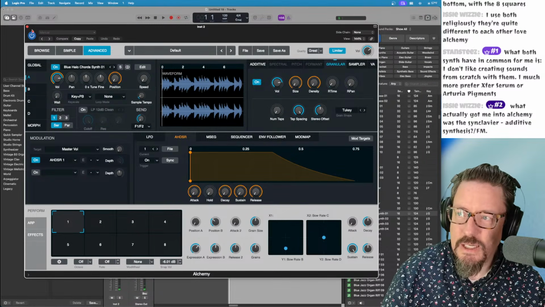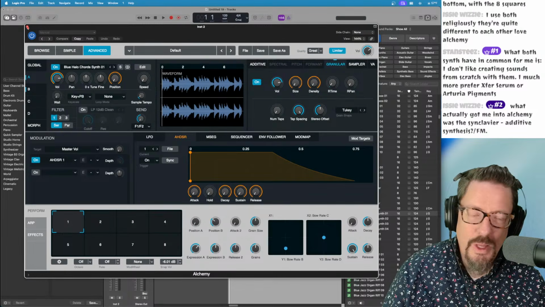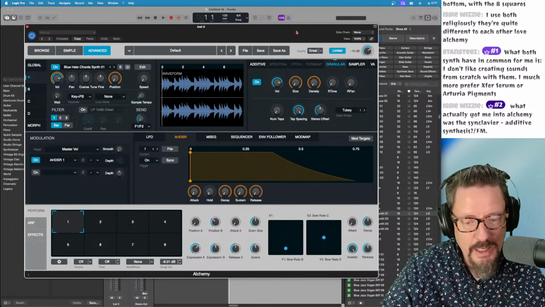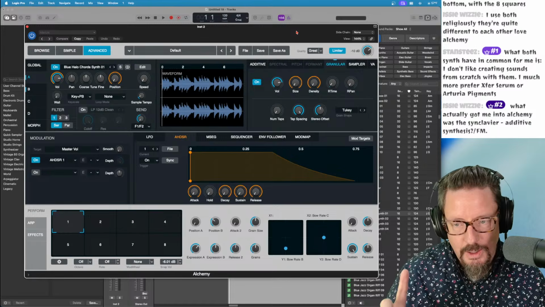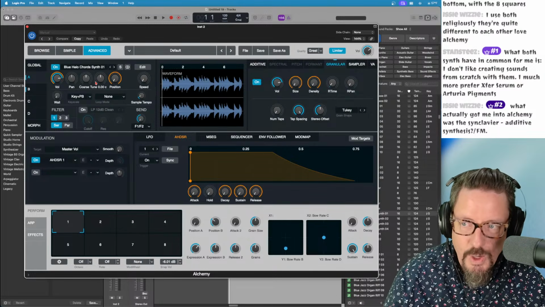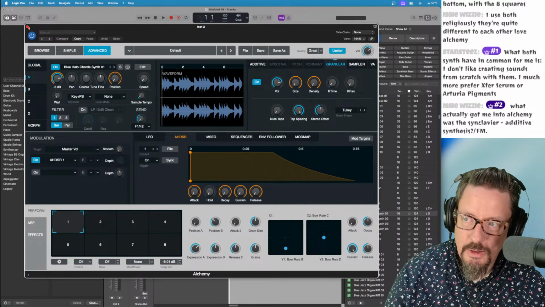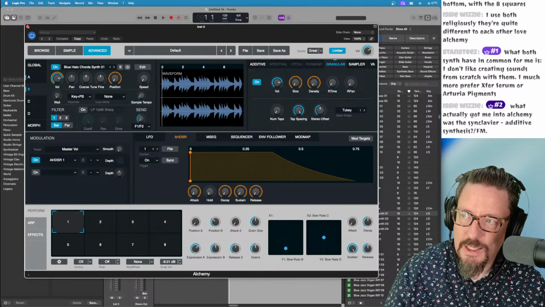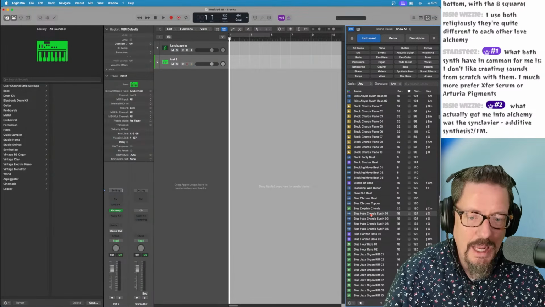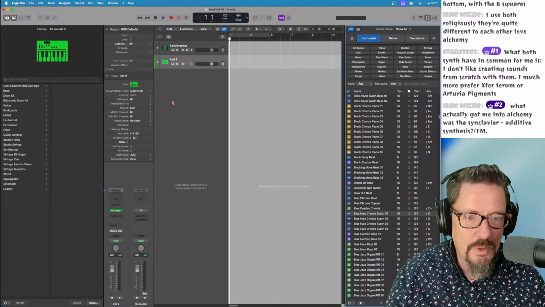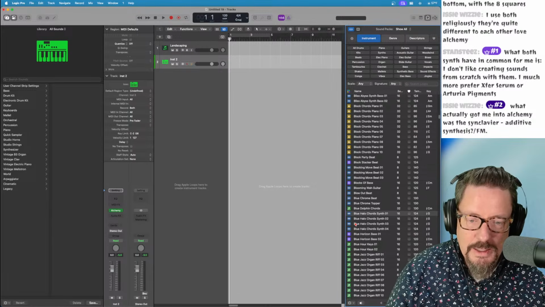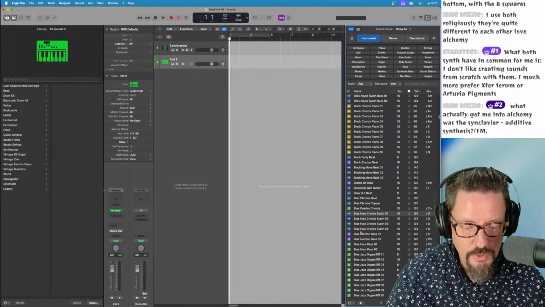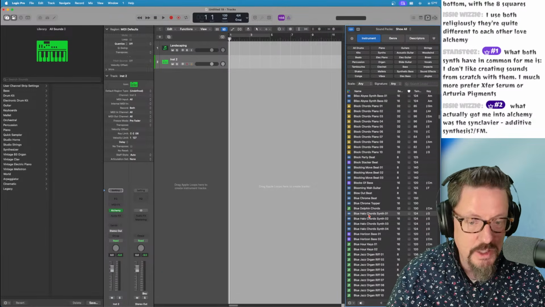So every single instrument that we create in Sample Alchemy is just Alchemy as well, and they all work together really tightly. So any sound I can just pull out of here, turn it into an Alchemy instrument, and then start morphing it, controlling it using the granular engine.